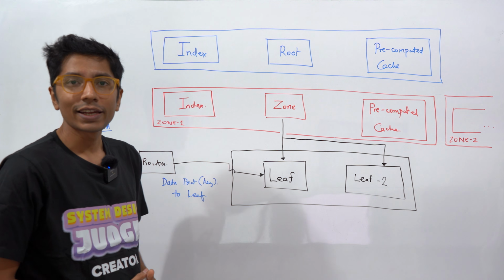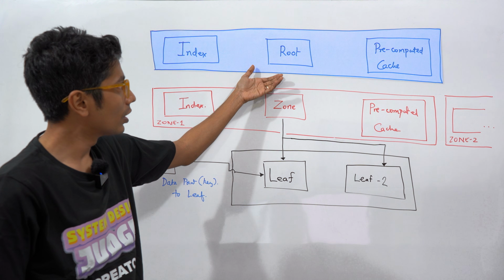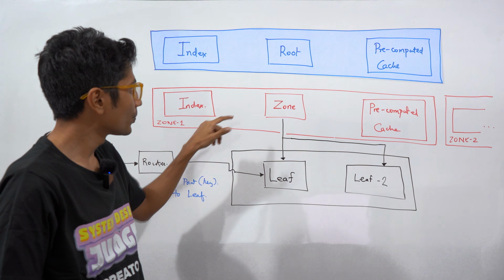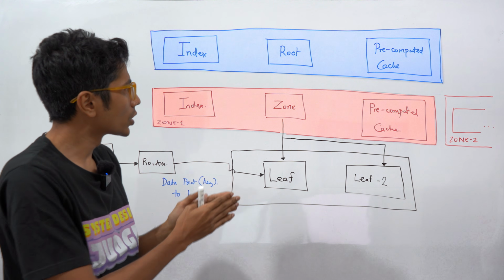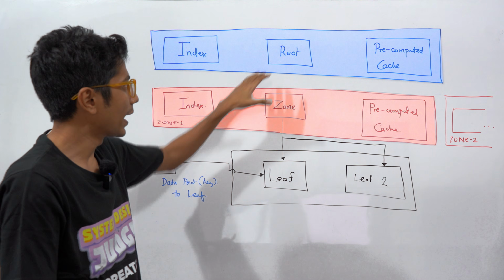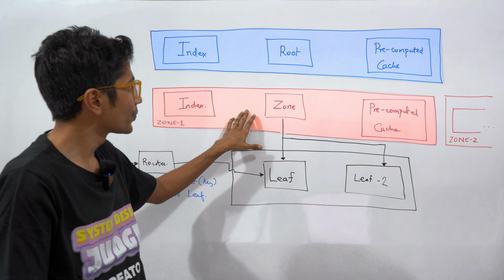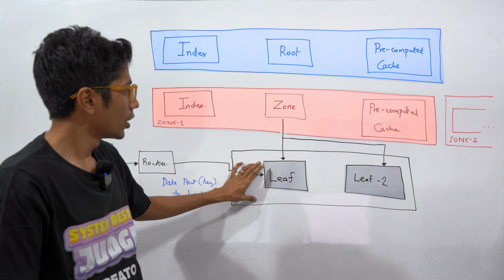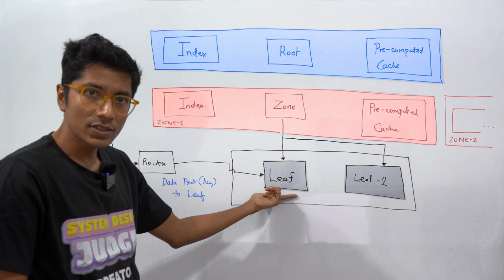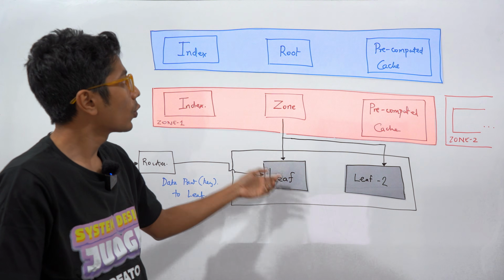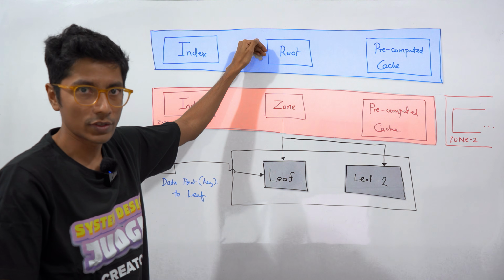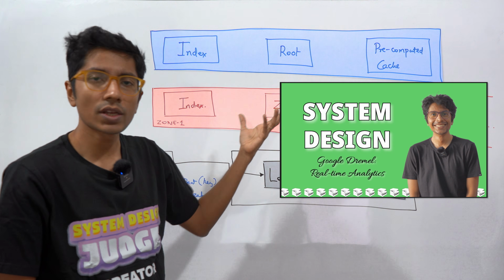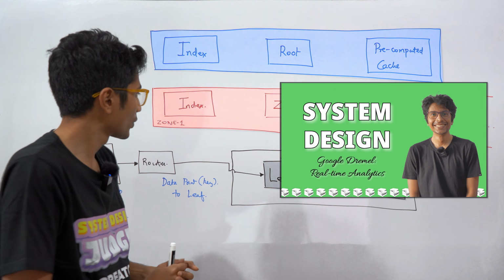So this is the high-level architecture of Monarch. You have a root in blue, and this is just one root node in the world. You also have zones, so 30 or 40 zones around the world, and these are like child nodes for the root. And each of those zones has a bunch of leaf nodes. Okay, so the data points are being stored here, and the query actually comes and hits the root always. Very similar to Dremel. In fact, you'll see many components are extremely similar to Dremel.